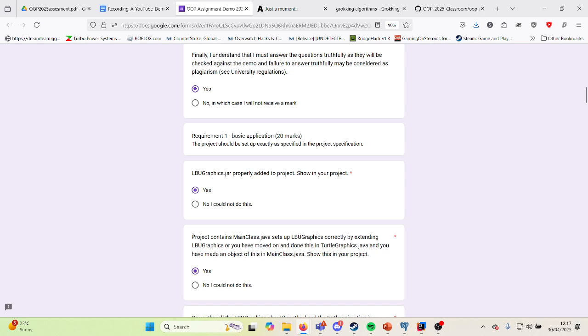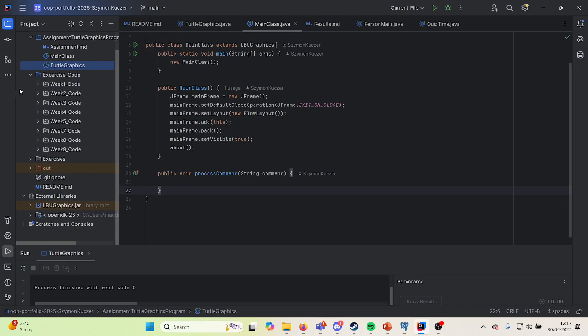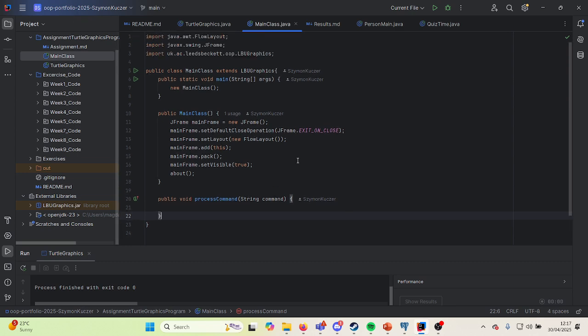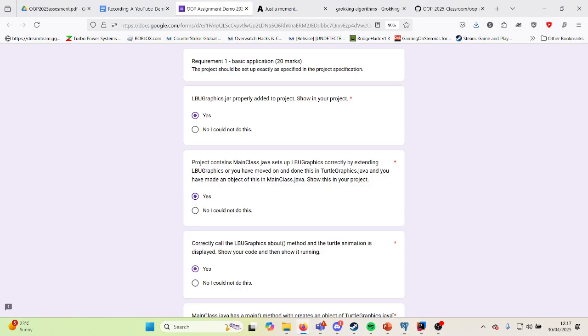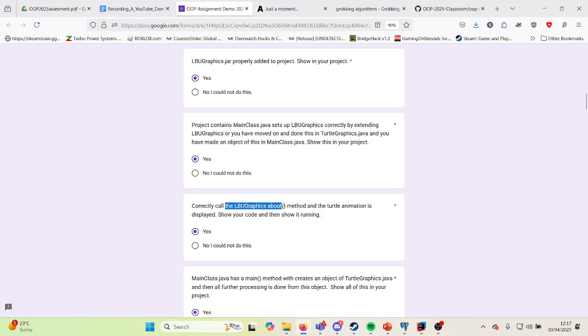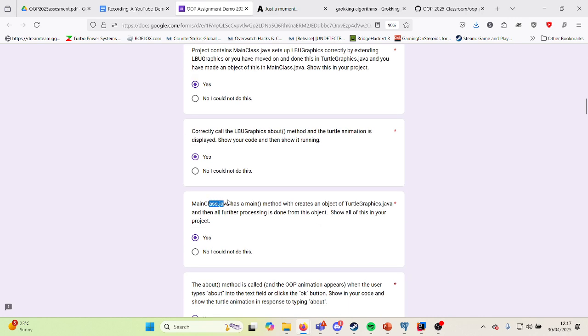And then the project contains Main class.java and sets up LBU graphics. I've done it in Tile Graphics, but I do also have a main class. As you can see here, the main class opens up this. I think this sets it up properly. Correctly call the LBU graphics about method and show your code and then show running,